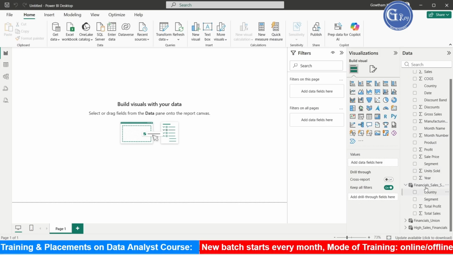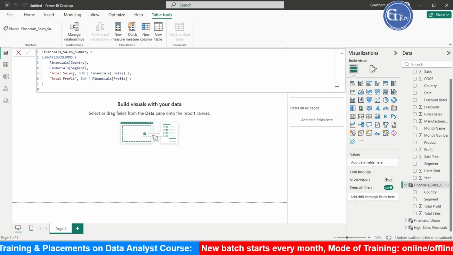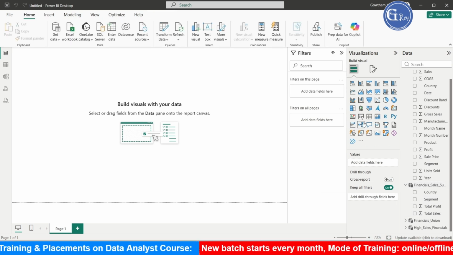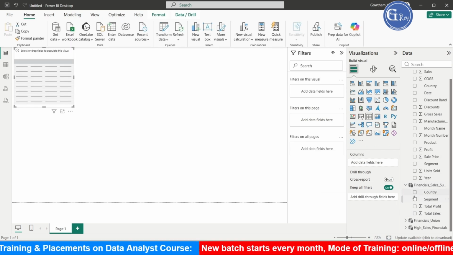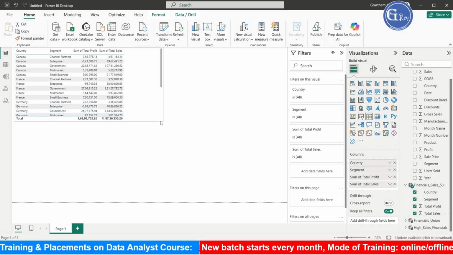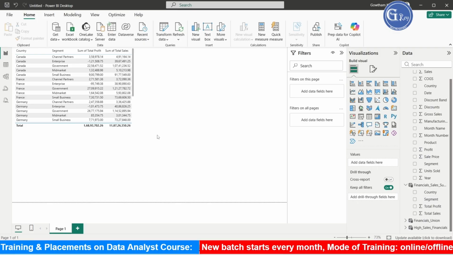See here: country, segment, total sales and total profit. We have created a separate table which has country, segment, total profit and total sales. For example, if you want to visualize these things, you can take it as a table, and in this way we can visualize the data. This is how we can create summary tables based on some measures and some columns